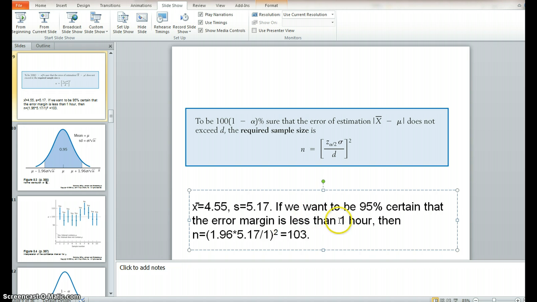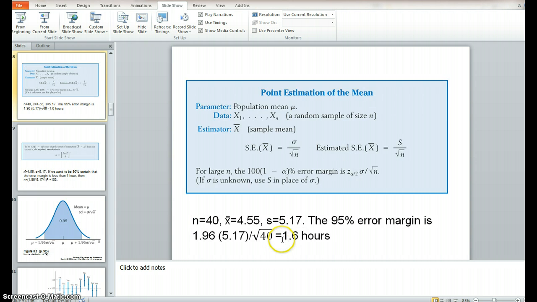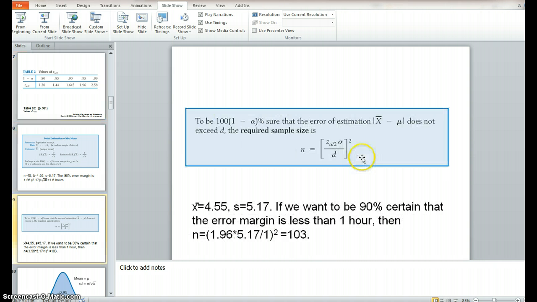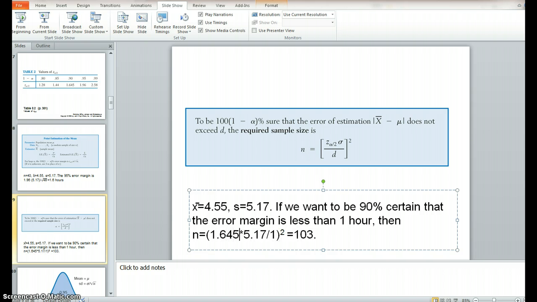And so you can see if you want the error margin to be smaller, you need to increase your sample size. Of course, if you only want your answer to be, say, 90% certain, then you can go back to the table. Here for 90%, the z-score is 1.645, so you only need 1.645 standard deviation. So I come here, I change 1.96 to 1.645, and I use the calculator to find out